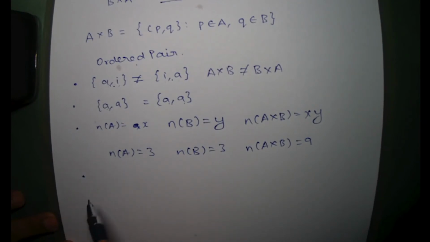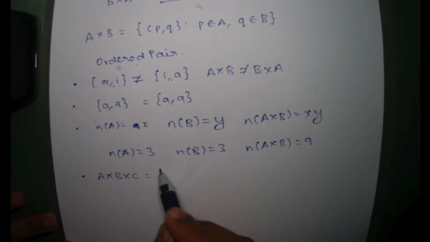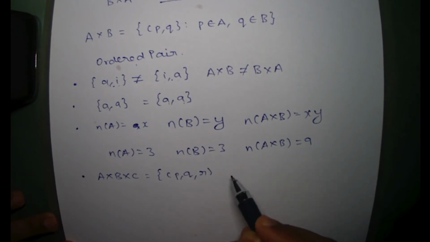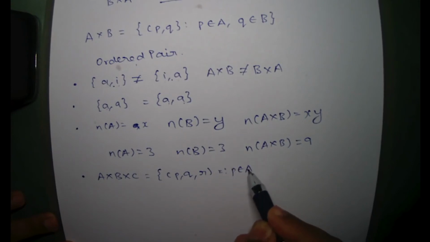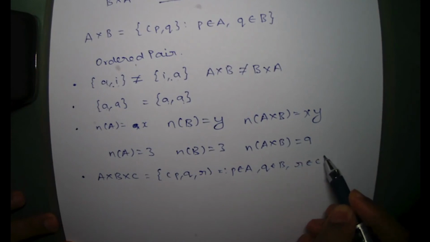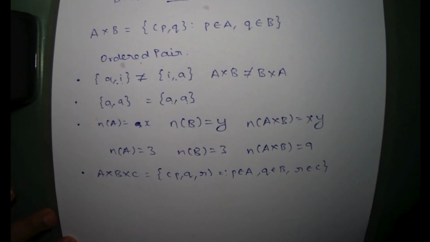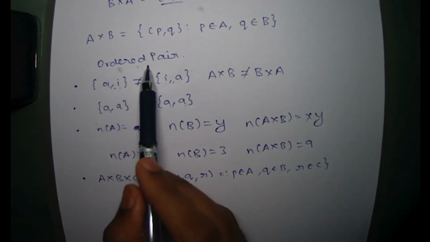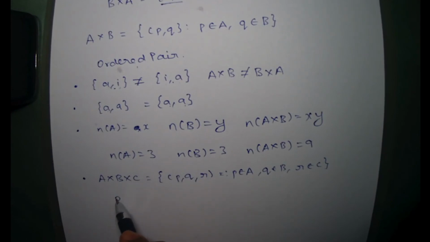The final point is, if we multiply more than 2 sets, let's say 3 sets, A into B into C, then we'll have an ordered pair with 3 terms, P, Q and R. Here P will be from set A, Q will be from set B and R will be from set C. The same is applicable for 4, 5 or more sets. Just the number of terms in the ordered pair will increase according to the number of sets being multiplied. For 2 terms we saw that it is known as an ordered pair. If you multiply 3 sets, it is known as an ordered triplet. Triplet means there are 3 terms in the set.